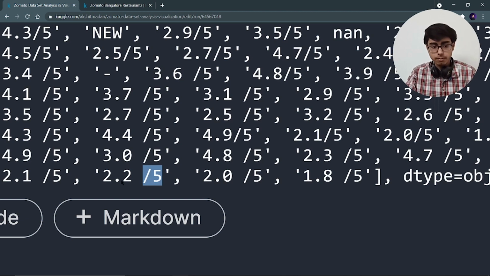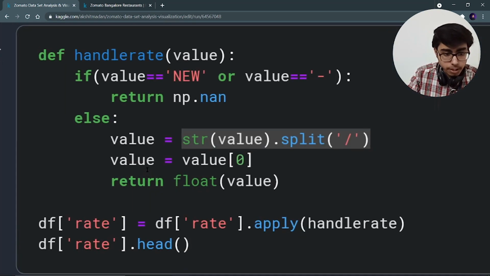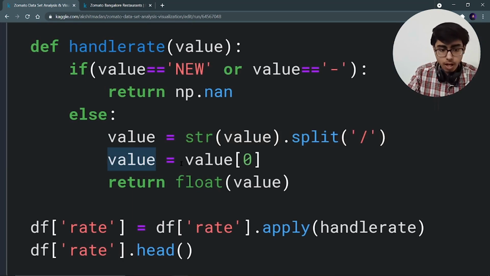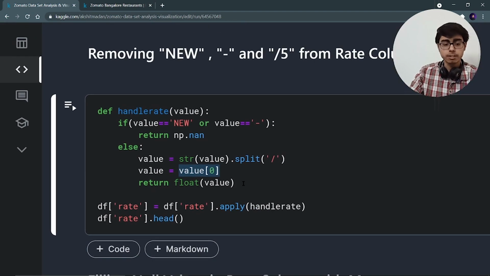I don't want this 5, I want the value present at index 0. That's what I'm doing. I'm going to create a value variable which will now be equal to value[0], because this value was containing a list of 2.2 and 5, right? And I am only interested in 2.2. That's why value is equal to value[0]. And I'm going to return the float of this value. That means 2.2 will be returned.